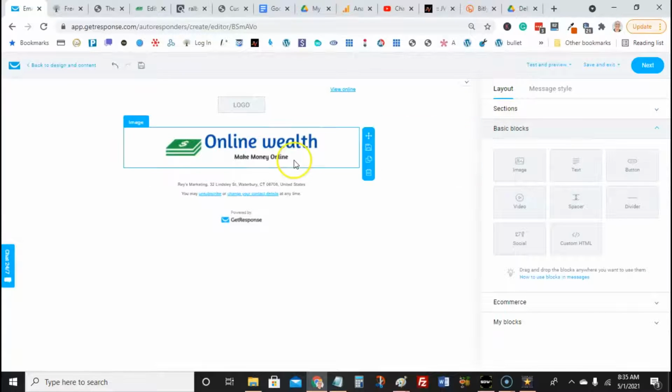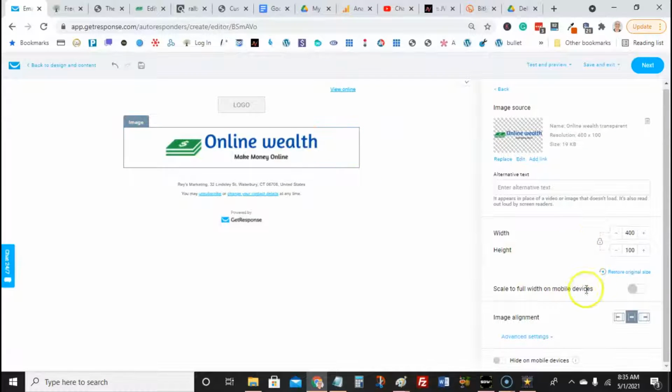Now, if you need to do anything with this image, if you need to resize it or anything, you can do it over here. If you want it to go on the left, you can put it there. On the right, you can put it there, or right there, okay? And you can hide it on mobile devices if you want to, which I wouldn't do. And for SEO purposes, you can give it a title right there. So I just put site logo,